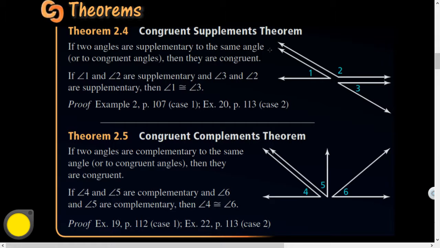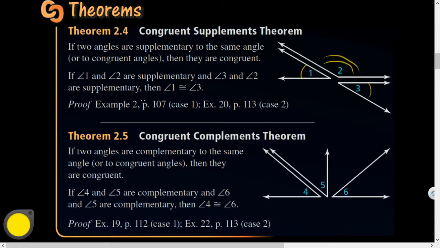So let's see. First is the congruent supplements theorem. If 2 angles are supplementary to the same angle, or 2 congruent angles, then they are congruent to each other. So angle 1 is supplementary to angle 2. Angle 3 is supplementary to angle 2. There's only one value that could be added to this angle's measure that would equal 180. So therefore, that measure would have to be equal, and these angles would have to be congruent, is kind of